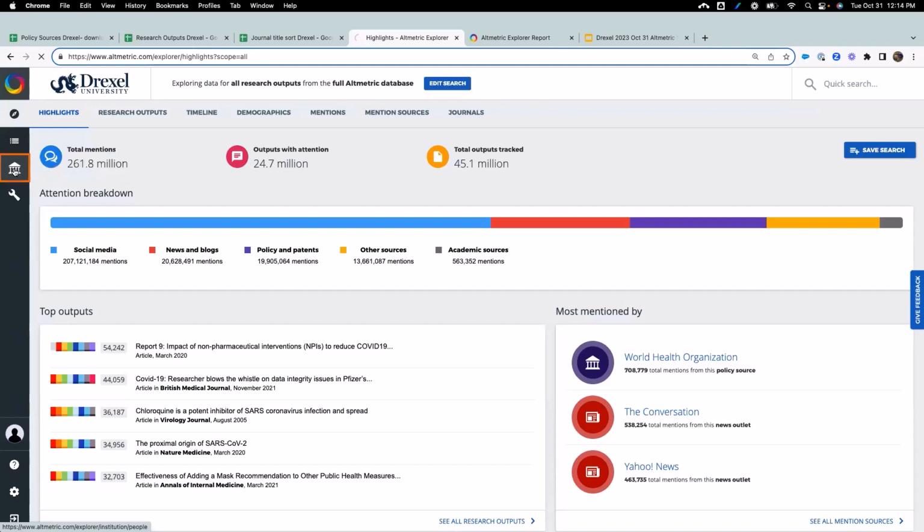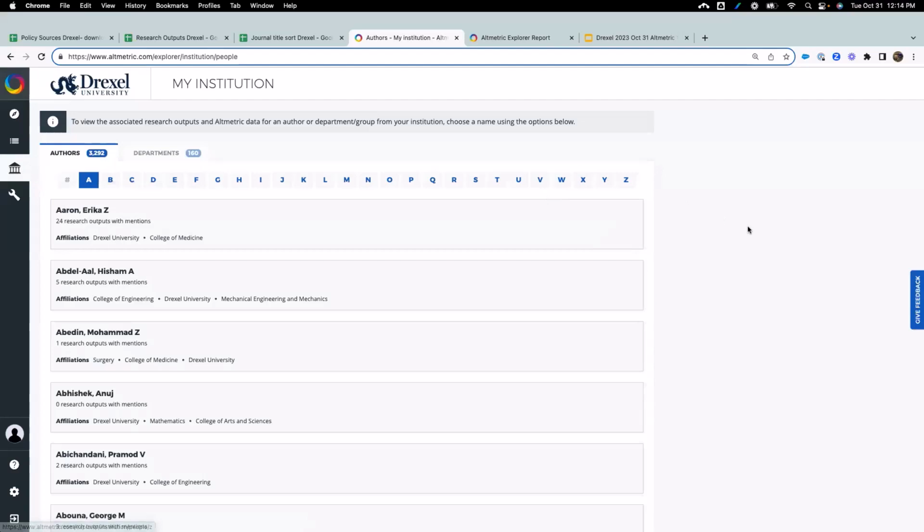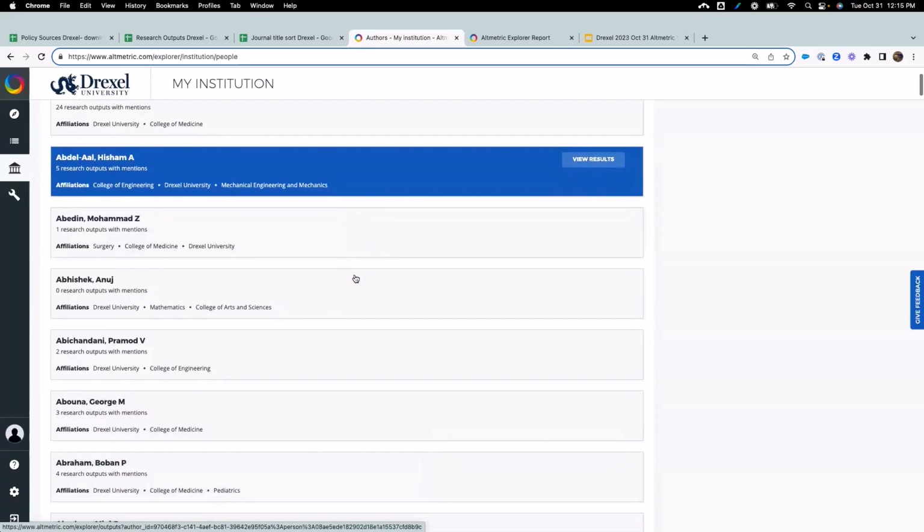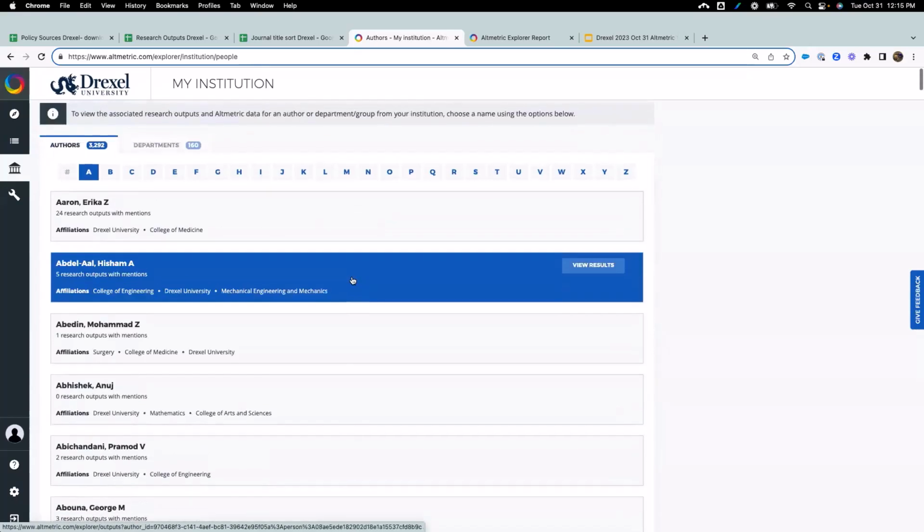So if we click on that, this is the information you have provided us with to see the different authors that are affiliated with Drexel, and then also various departments. So this is the authors. You can scroll through these authors in alphabetical order, if you know that you're looking for someone,